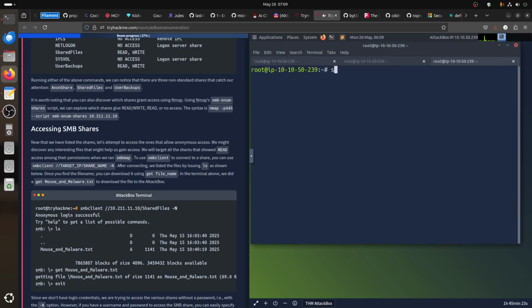So we use the same command, smbclient, then the IP of the machine. I'm doing 211.1.110, then the name of the share. So for example, we have shared files,